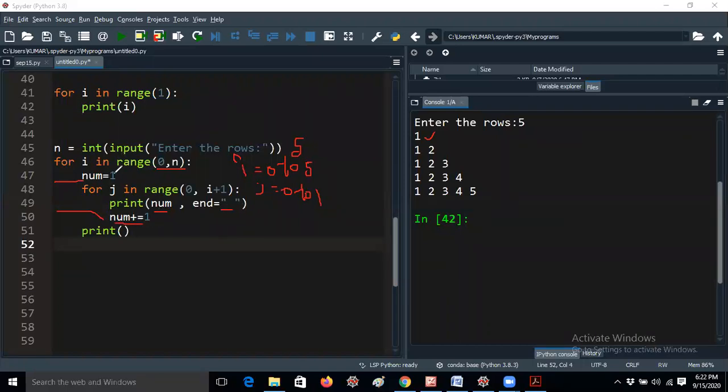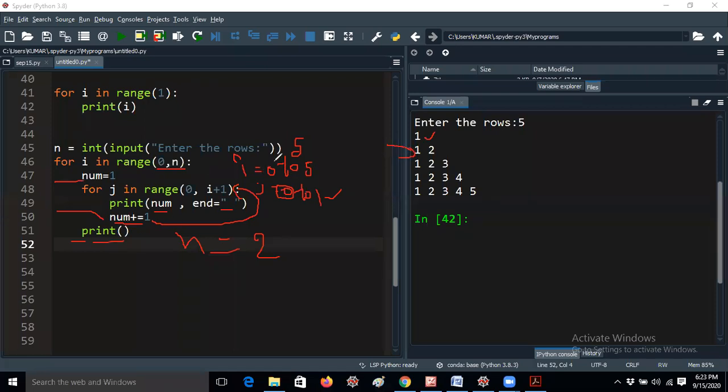After that I am giving num plus equal to 1. That means num equals num plus 1, so the number will be 2 now. It will not enter this print statement again; it will go to this part only. Here 0 to 1 means it will take 1 time only. The j value 0 iteration is already completed, so the loop condition fails and it will skip to the printf. After this print, it will enter into the new line. So print with empty brackets. That's all.